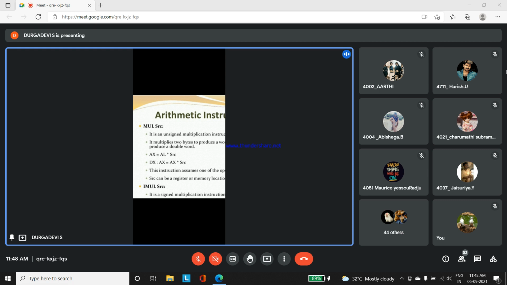It's just a multiplication only. You're not doing anything great. You're just multiplying two values, AL into BL. Where will you store the answer? The answer will be stored in your AX. This point is very, very important, because in lab you will execute the instruction, but for seeing the result you have to know carefully whether to go and see your AX register or BX. So when I write the example MUL BL, meaning AL into BL, the answer will be stored in your AX. That means the first example is 8-bit multiplication. When I multiply two 8-bit